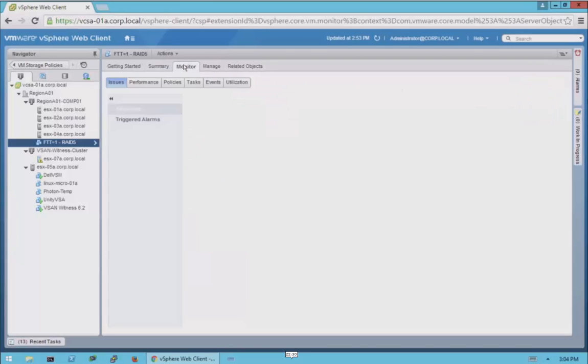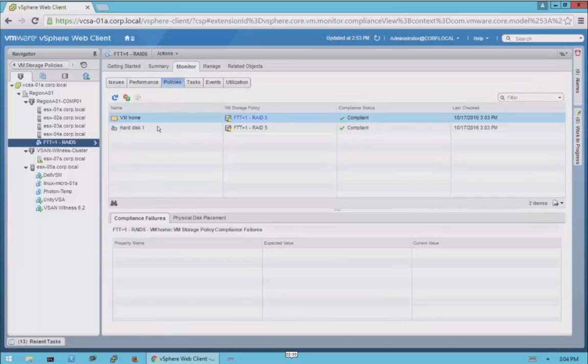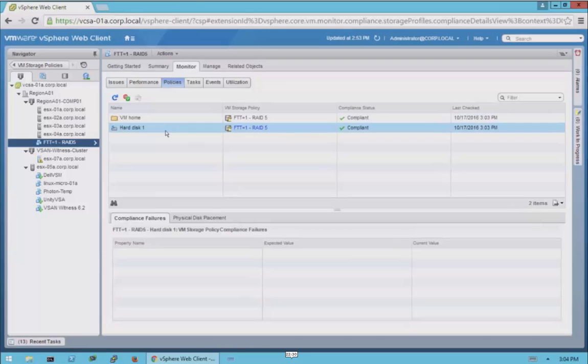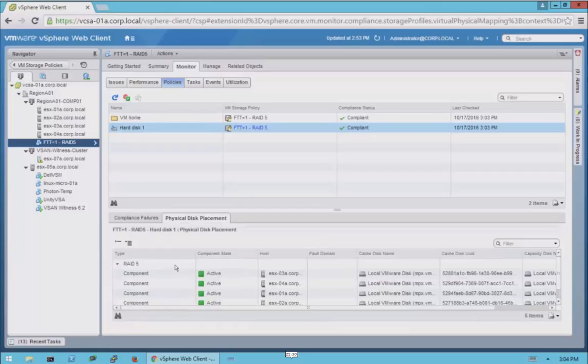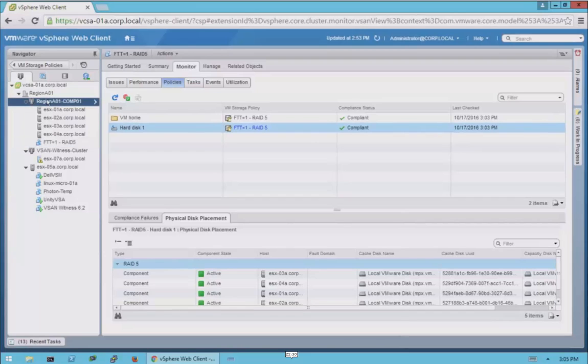If you make any changes. So we go to the monitor tab and then policies, and we're going to see for this particular VM again, hard disk 1 is failure to tolerate RAID 1, or RAID 5 rather. And then if you look at the physical disk placement, it's in a RAID 5 configuration, as it should be. Going back up to the cluster,